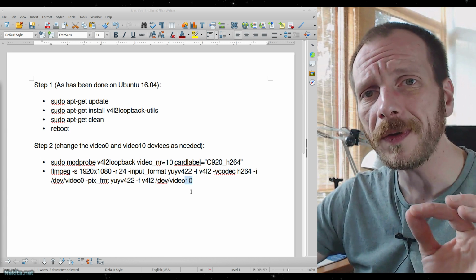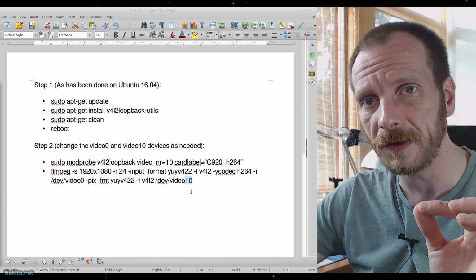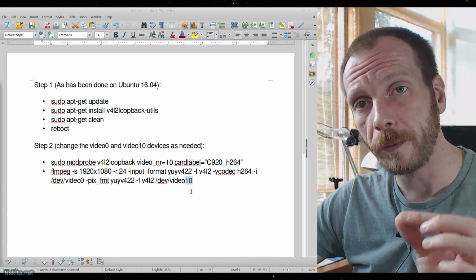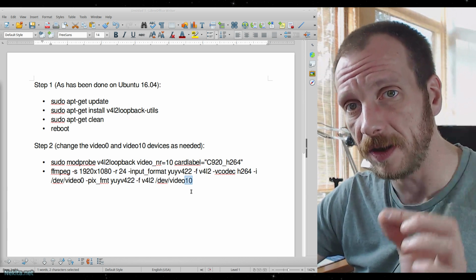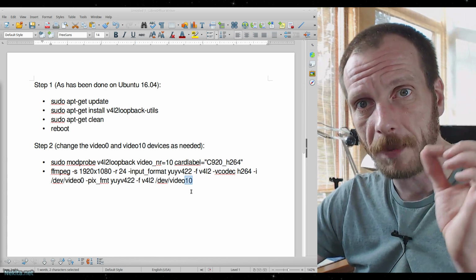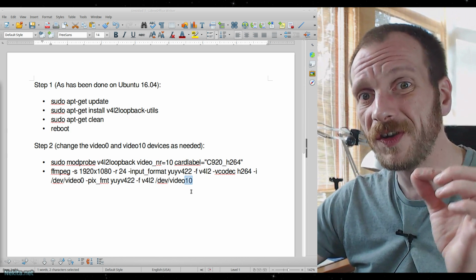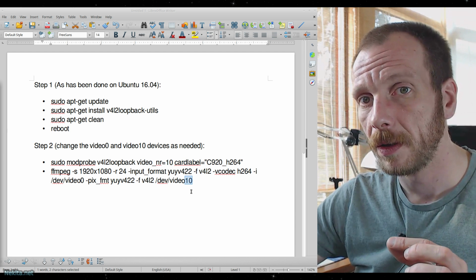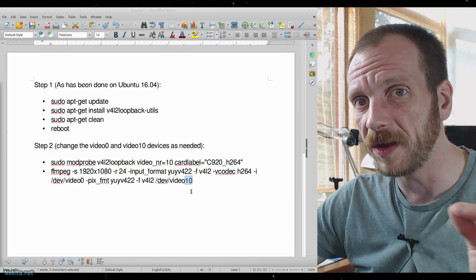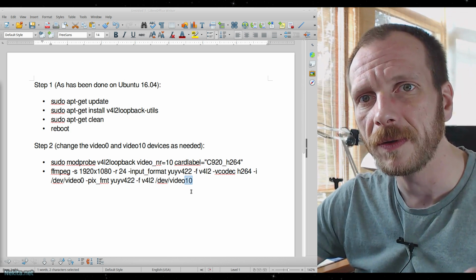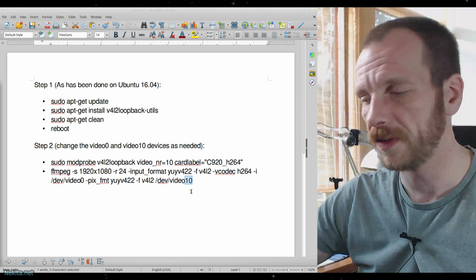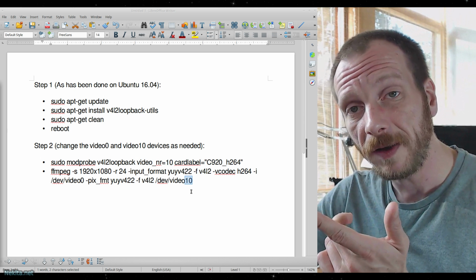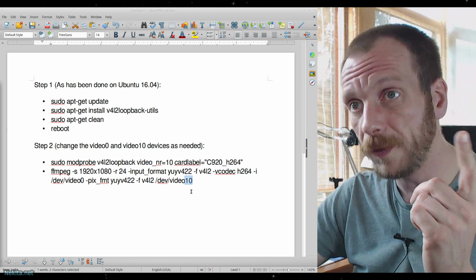Because you'll create, for this example at least, a loopback device, a video loopback device, a dummy video webcam on your computer, which you can load into any number of programs. Think of OBS, think of Skype, Cheese even. Yes, there's a program called Cheese. But you need to install that, and sudo apt-get install